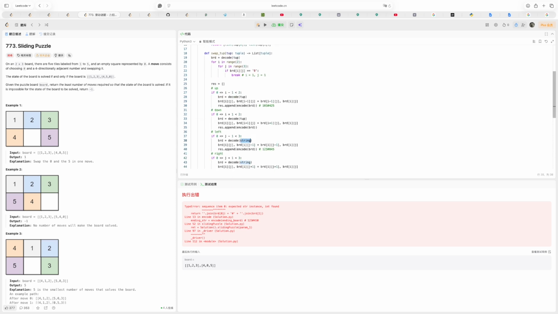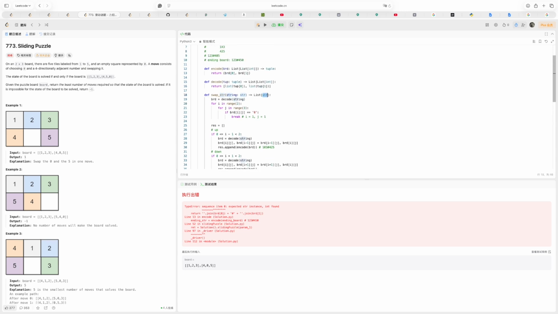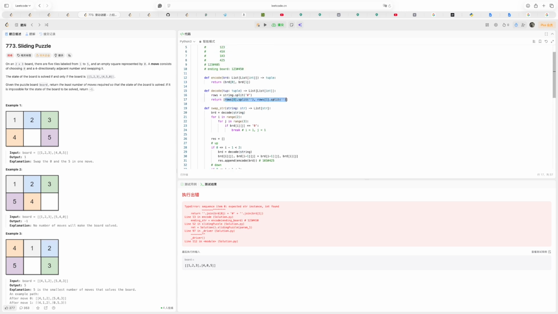I think we will maintain the string first, but yeah,